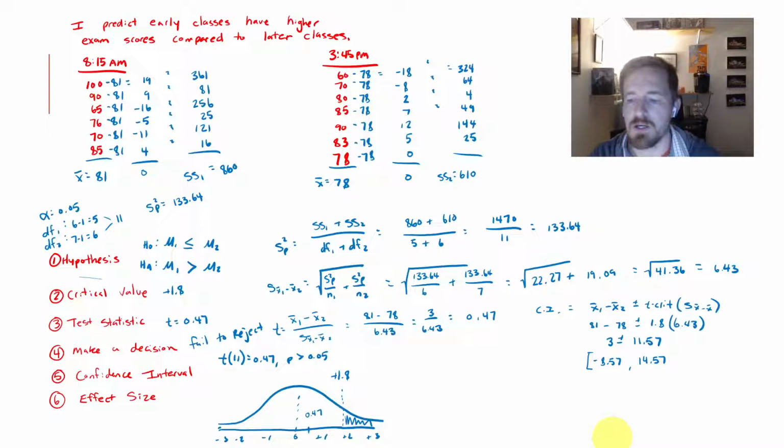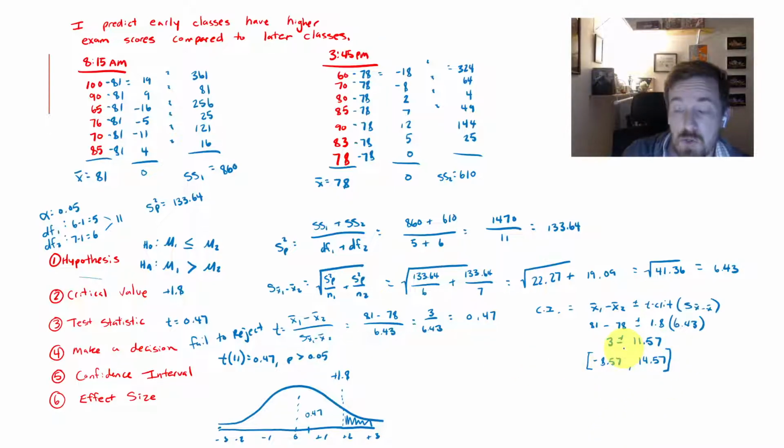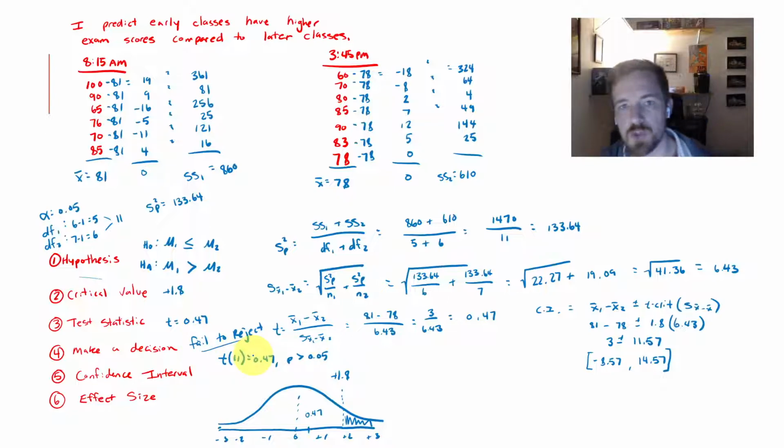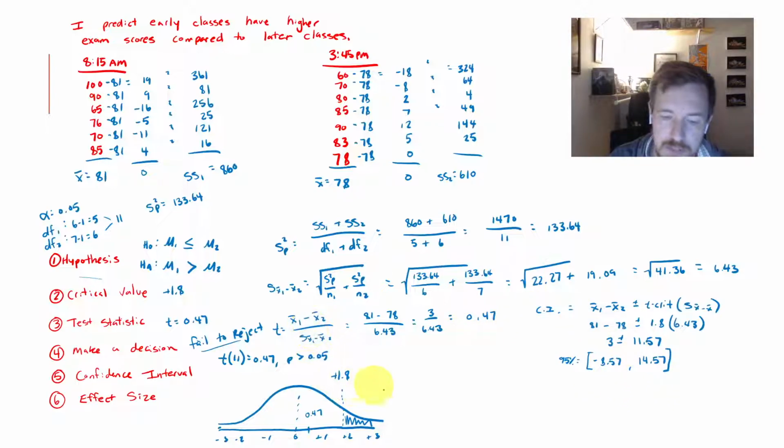All right, so whenever I look at this, again, 0 does fall within that band, which reiterates that we made the correct choice in failing to reject the null, because 0 does fall in that interval. That is our confidence interval for 95% confidence. So we are 95% confident that the true mean difference between sample 1 and sample 2 is somewhere between these values. That's what that means.